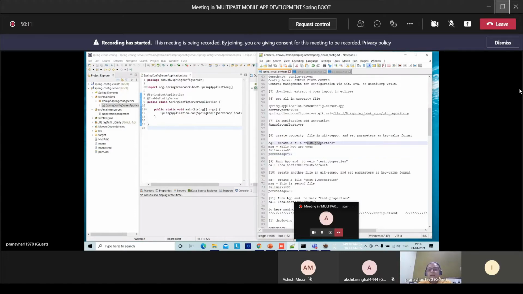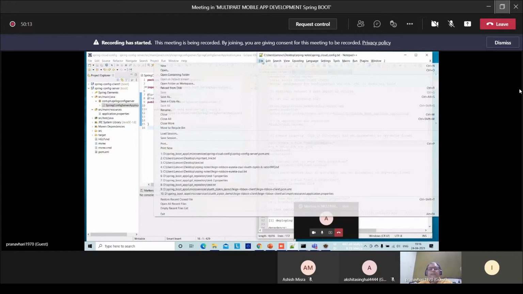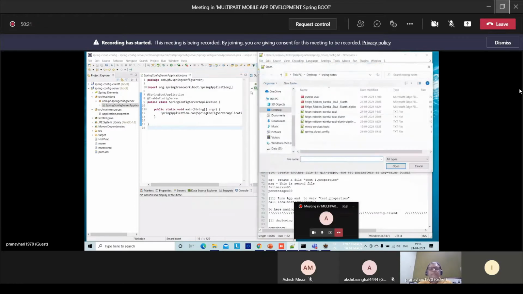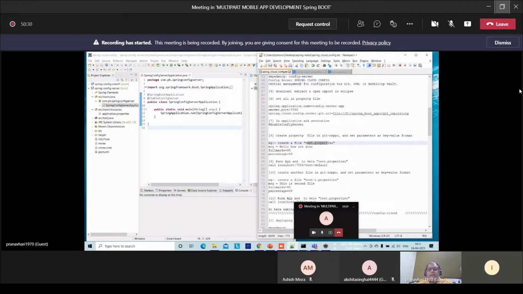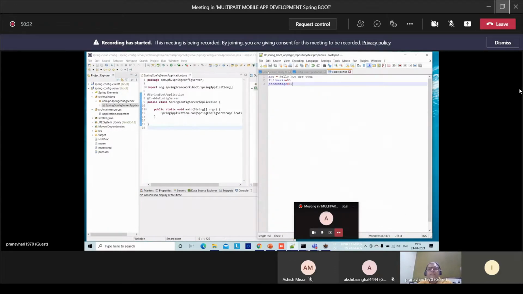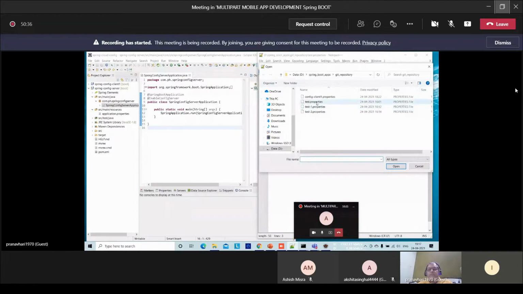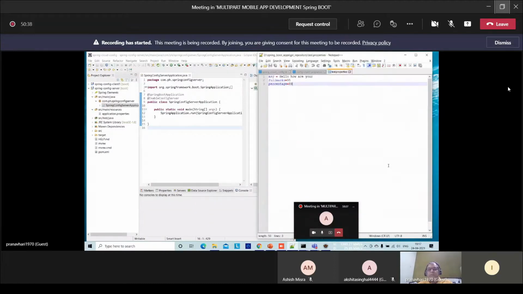Which file? Test.properties. Let me open test.properties. Where is it? Let's open. Let me click the property file, so it will directly search there. So just one properties file I'm opening.